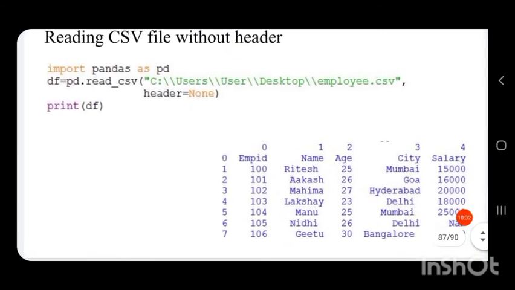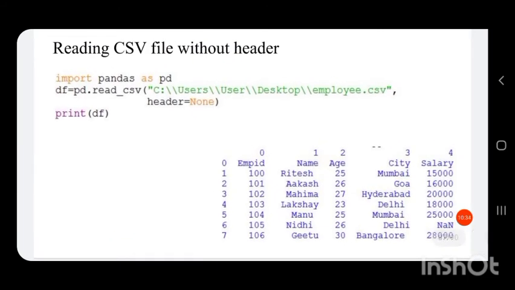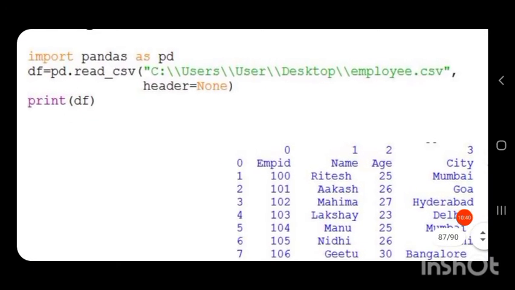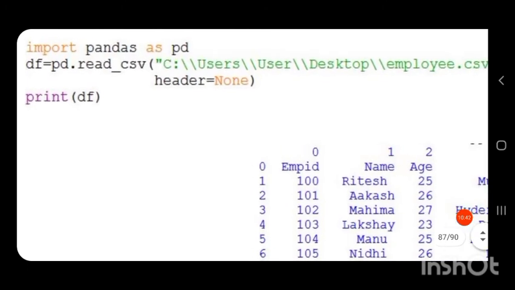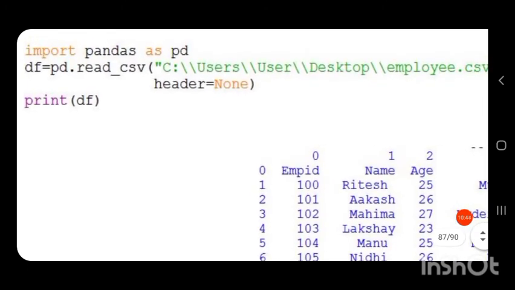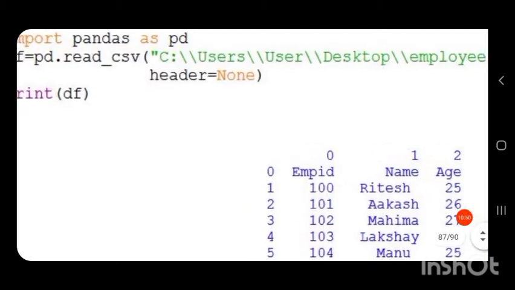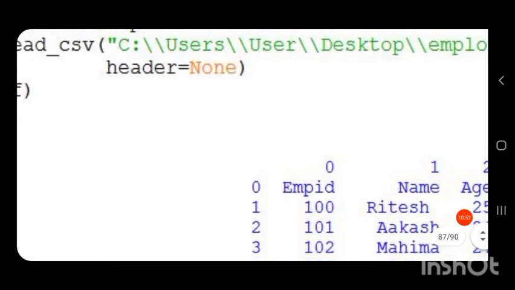So to retrieve data from a CSV file without header, we have to include an attribute called header in the read_csv function, and we have to write header equal to None, and the first letter of None, N, should be in caps.